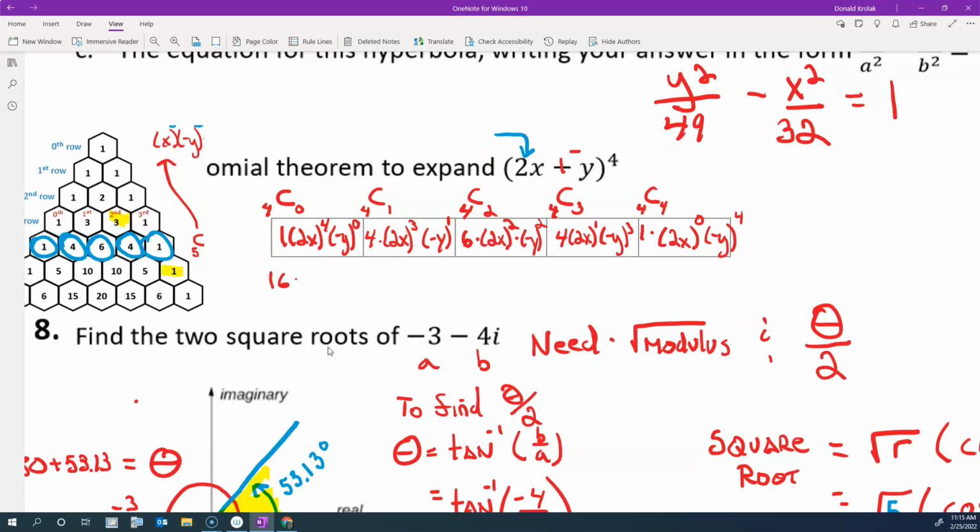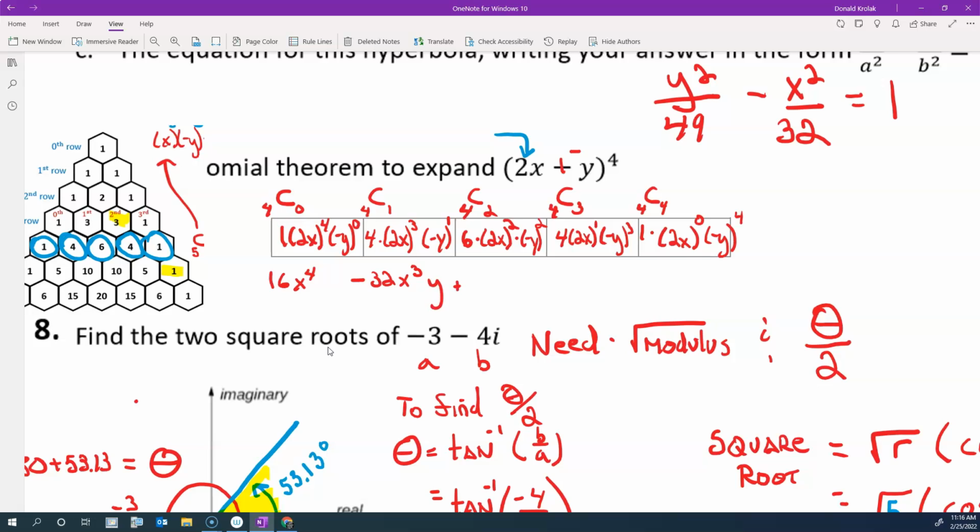That's 16. x to the 4th, y, that's just 1. This is going to be minus because of that negative. So negative 4 times 2 to the 3rd. So 2 times 2 times 2, 8. Times 4, 32 x cubed y